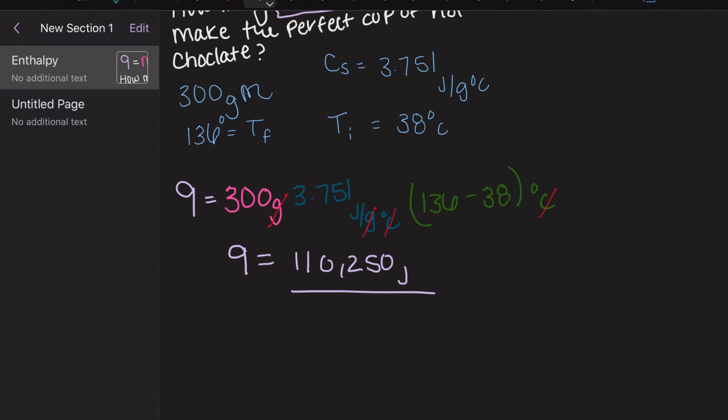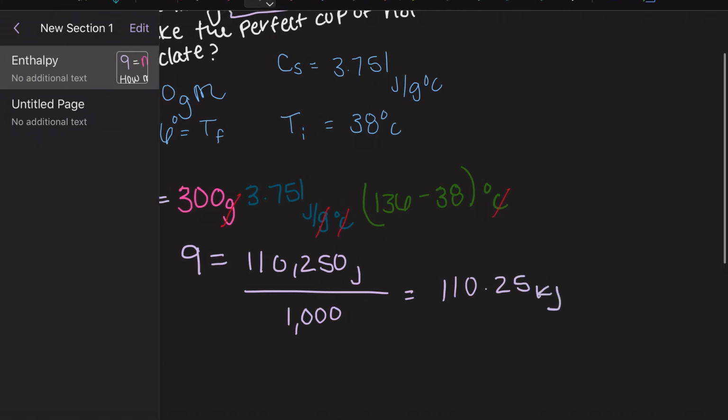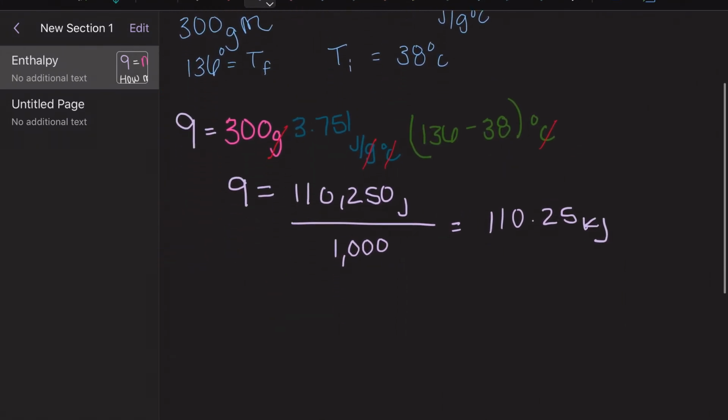Now, to change that to kilojoules, we can just divide by 1,000. And that is equal to 110.25 kilojoules. So what this means is that if I had a beautiful cup of hot chocolate